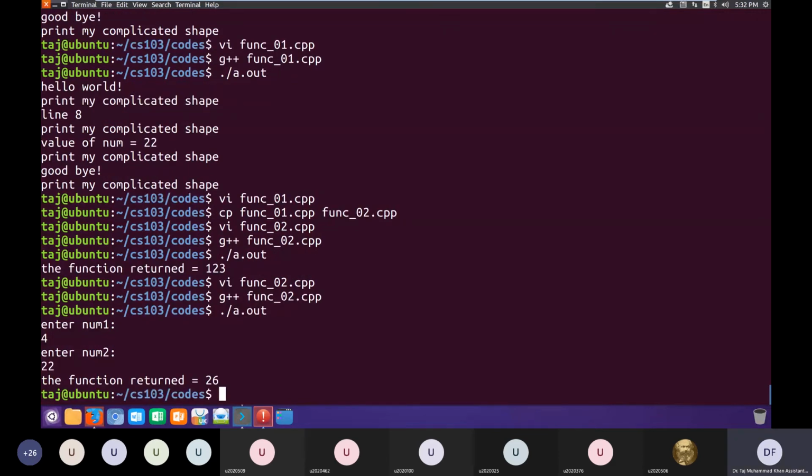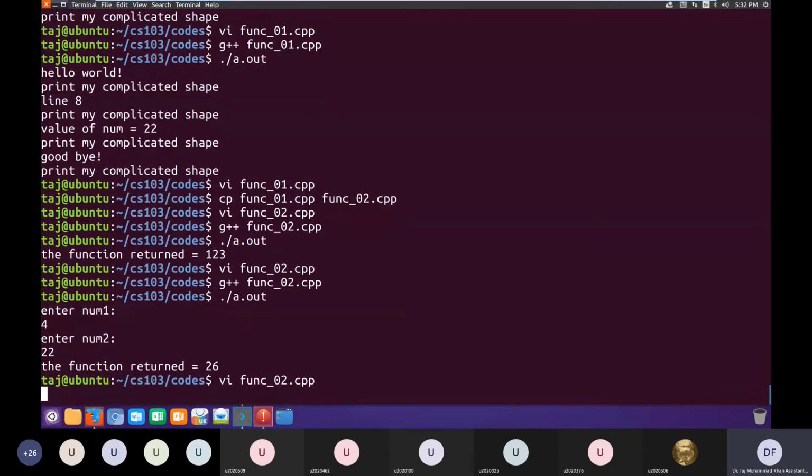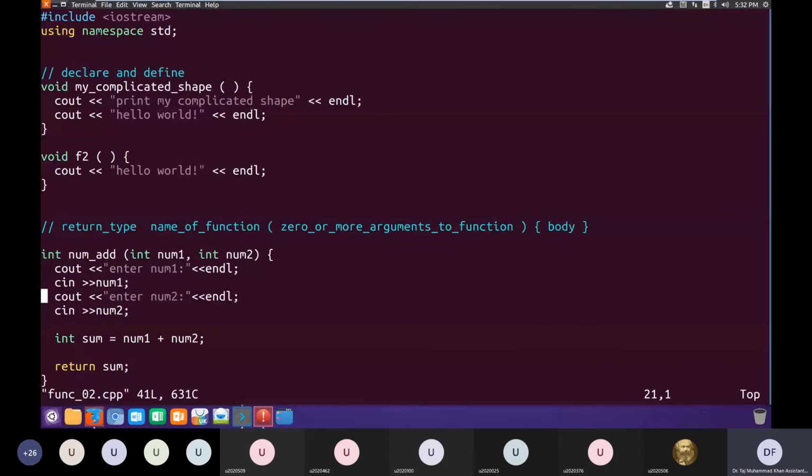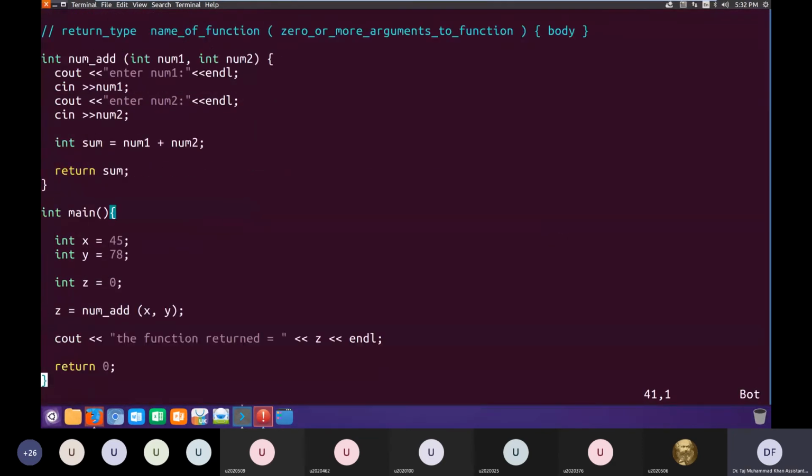Sum is 26. Okay, 4 plus 22. The function returned the sum, which is basically 26. So here we are displaying the value of z, which is 26.